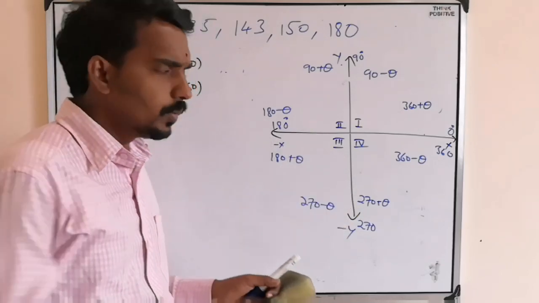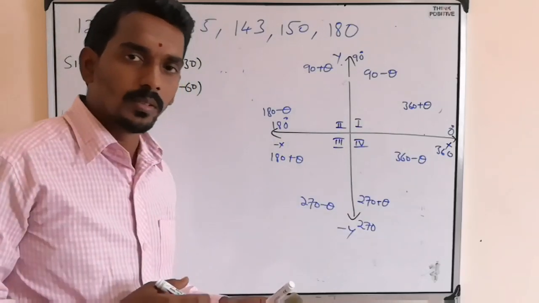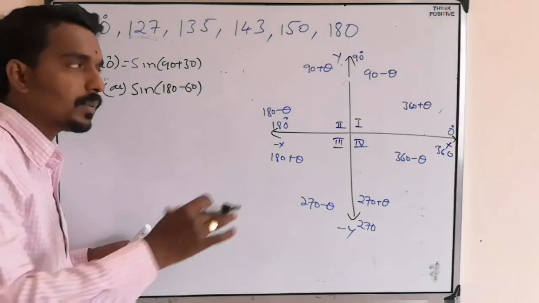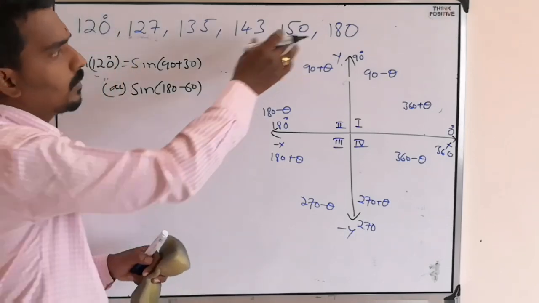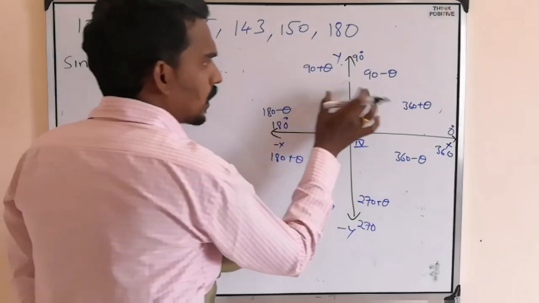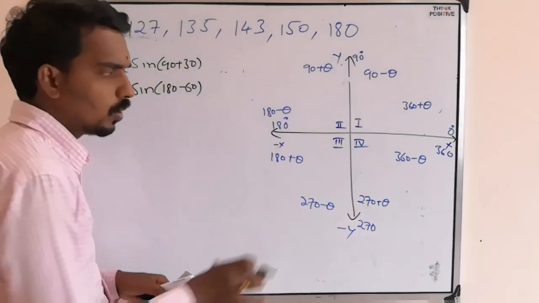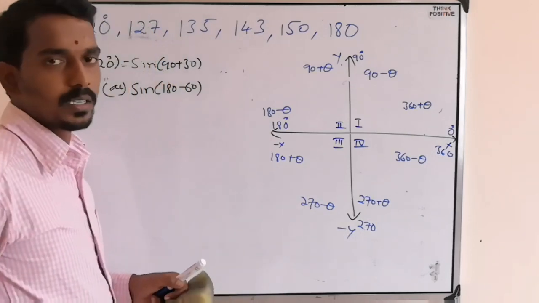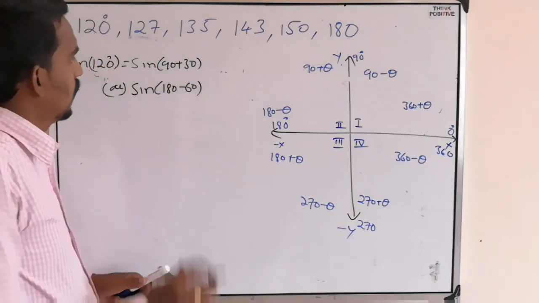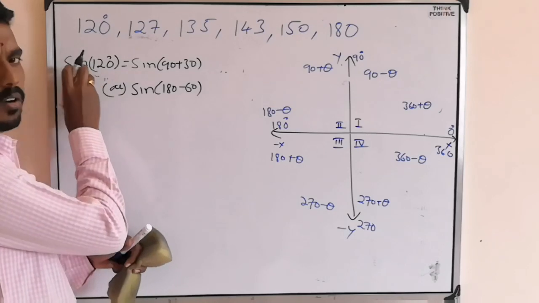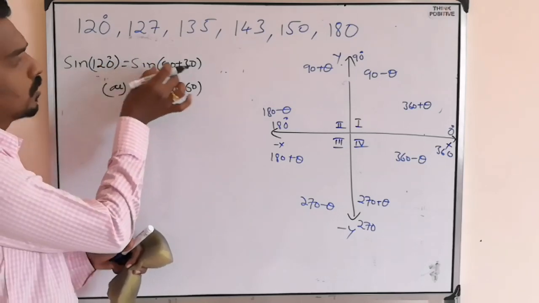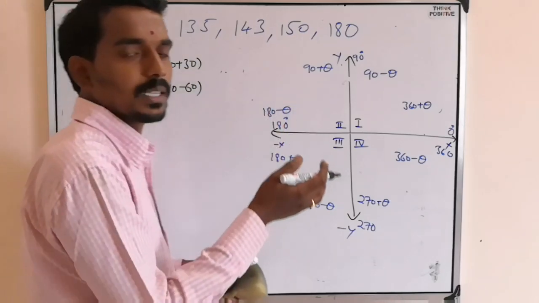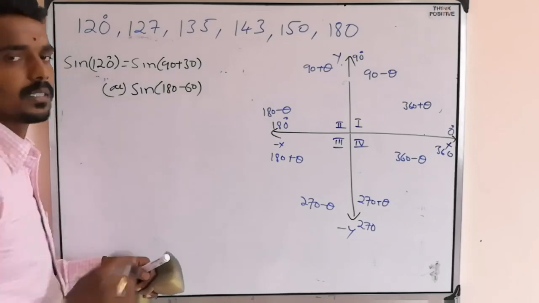In mathematics, you will get even more than 360 also. But in physics, we will mostly get, 99.9%, only up to 180. So that's why I am sticking to this. So you need to concentrate only on region 1 and 2. You don't need the others, but still, if you learn all the regions, it is good. When you take the value of sine, cos or tan, first you write the angle as 90 plus or minus, 180 plus or minus, 270 plus or minus, or 360 plus or minus.